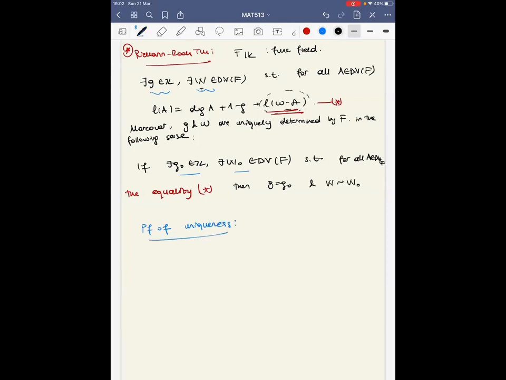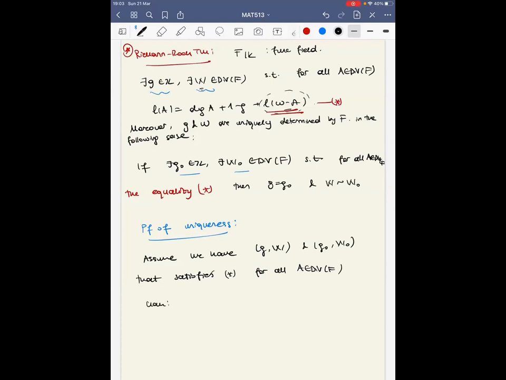So let me suppose, to show the uniqueness, that we have pairs G, W and G0, W0 that satisfy this equality for any divisor A. Then